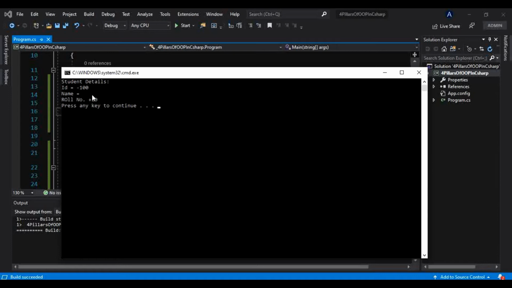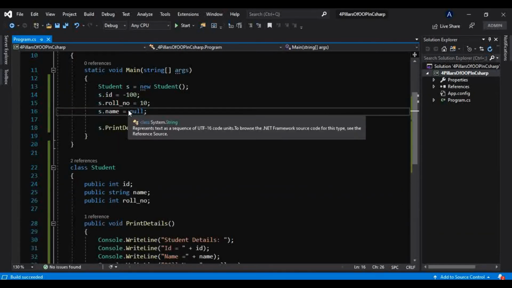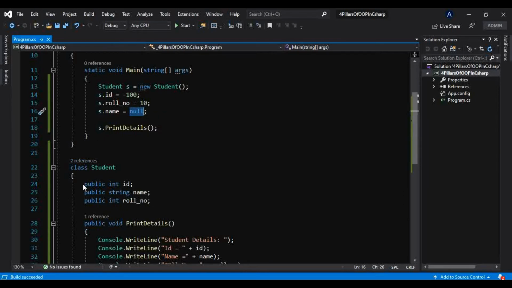And in front of name there is nothing, because the user has provided null here and we are making that happen.